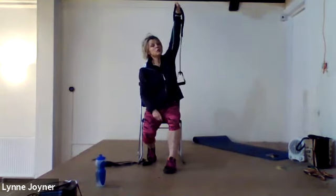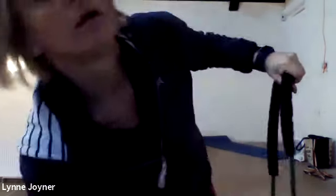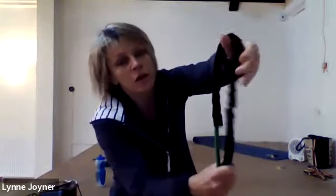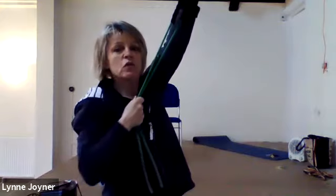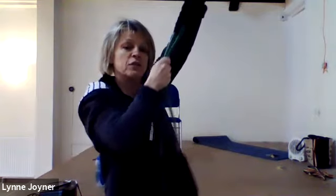Ideally, your hands are pointing up towards the ceiling. And I'll show you closer to the camera. So I've got my hand up towards the ceiling, but hold your bands close. Have your hands close to each other because the lats are really strong. Guys, hold it quite close because that arm is doing all the work. Of course, to some extent, the other arm is also working, but draw those elbows down into your waist, forceful